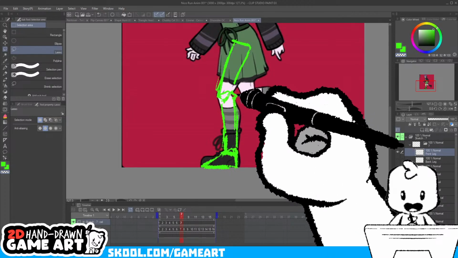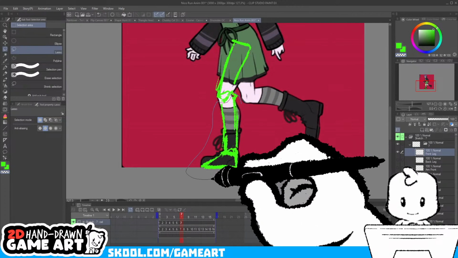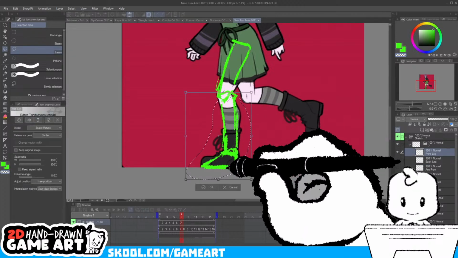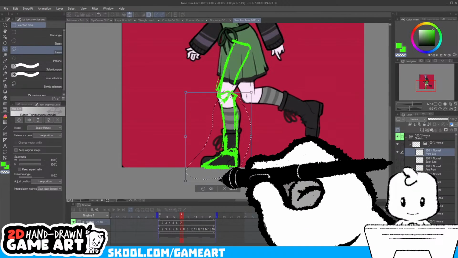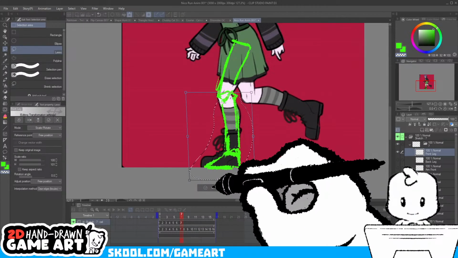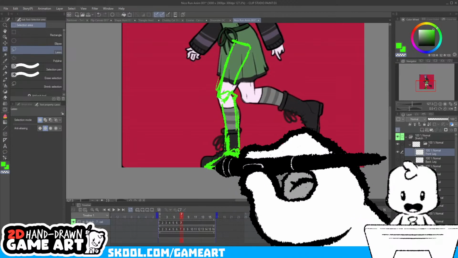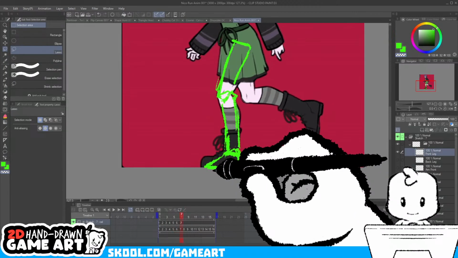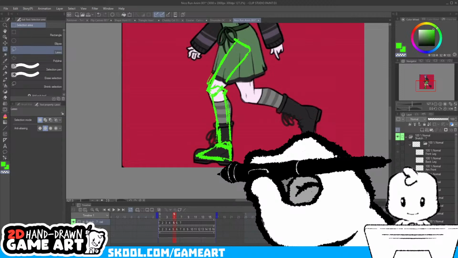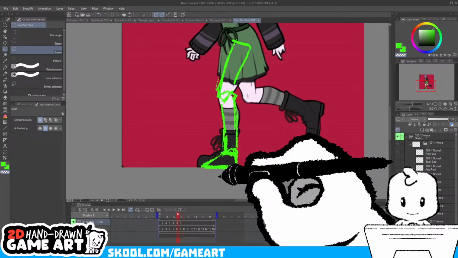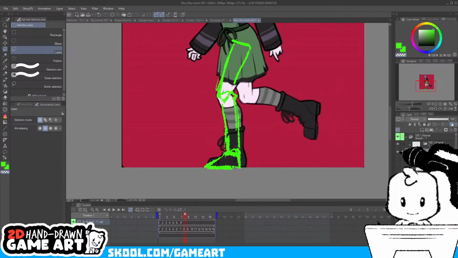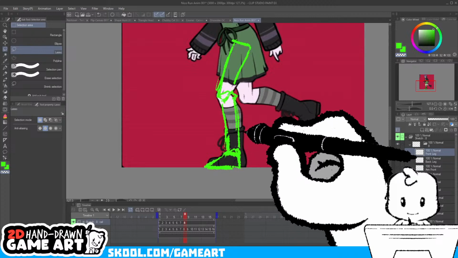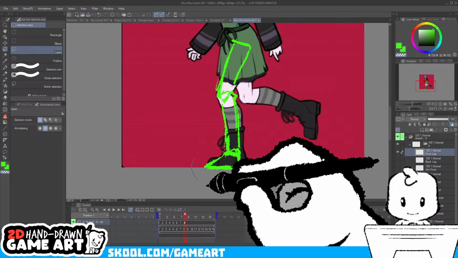Yeah, this is one of those frames that I would probably either hold on or delete. It's a very slight movement for this easing, and I don't know if we need this here. Center situation.